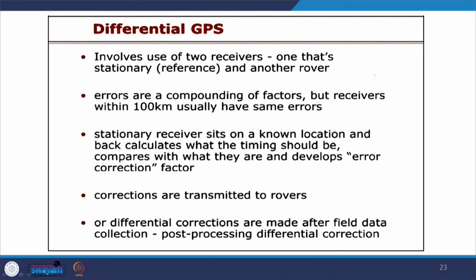Two units are required, as I told you, and receivers within 100 kilometers can work very efficiently. The corrections are transmitted from the base station to the rover station,